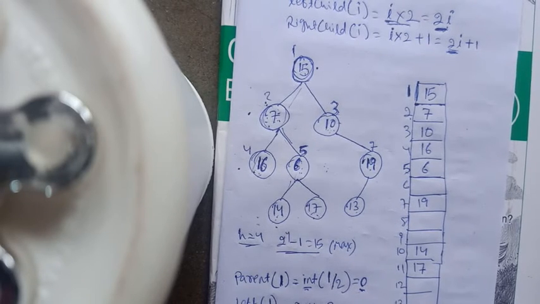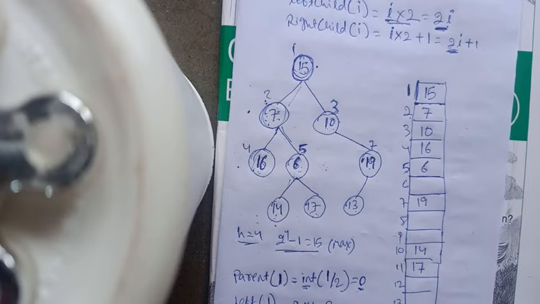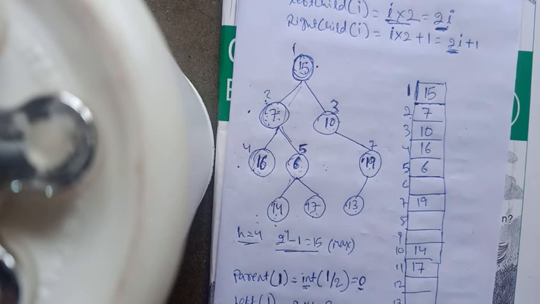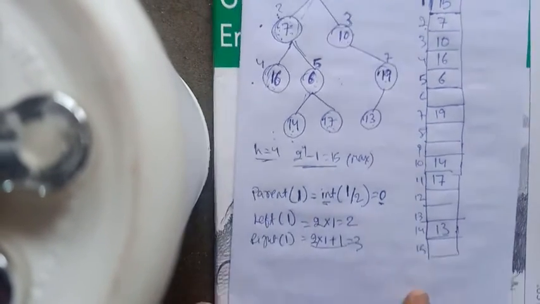Suppose I will say insert an element to the left of 10. So the only thing you need to calculate is that index value where I will store. Since the index of 10 is 3, its left should be 6, so I can directly store the data in the 6th position. Okay, so the insertion or deletion process is simple, but